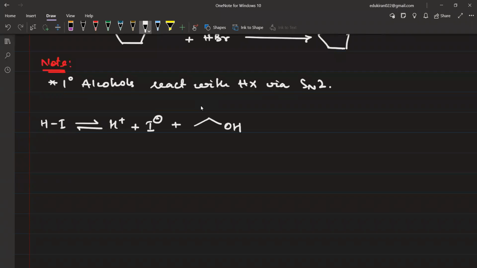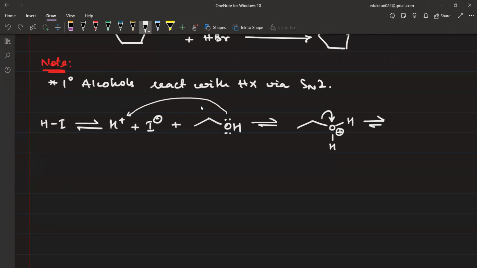Let us say that this is 1 degree alcohol. Now this alcohol will attack on this hydrogen atom, forming oxygen with 2 hydrogens and a positive charge. As soon as this water molecule is formed, this will break apart like this, leading to a formation